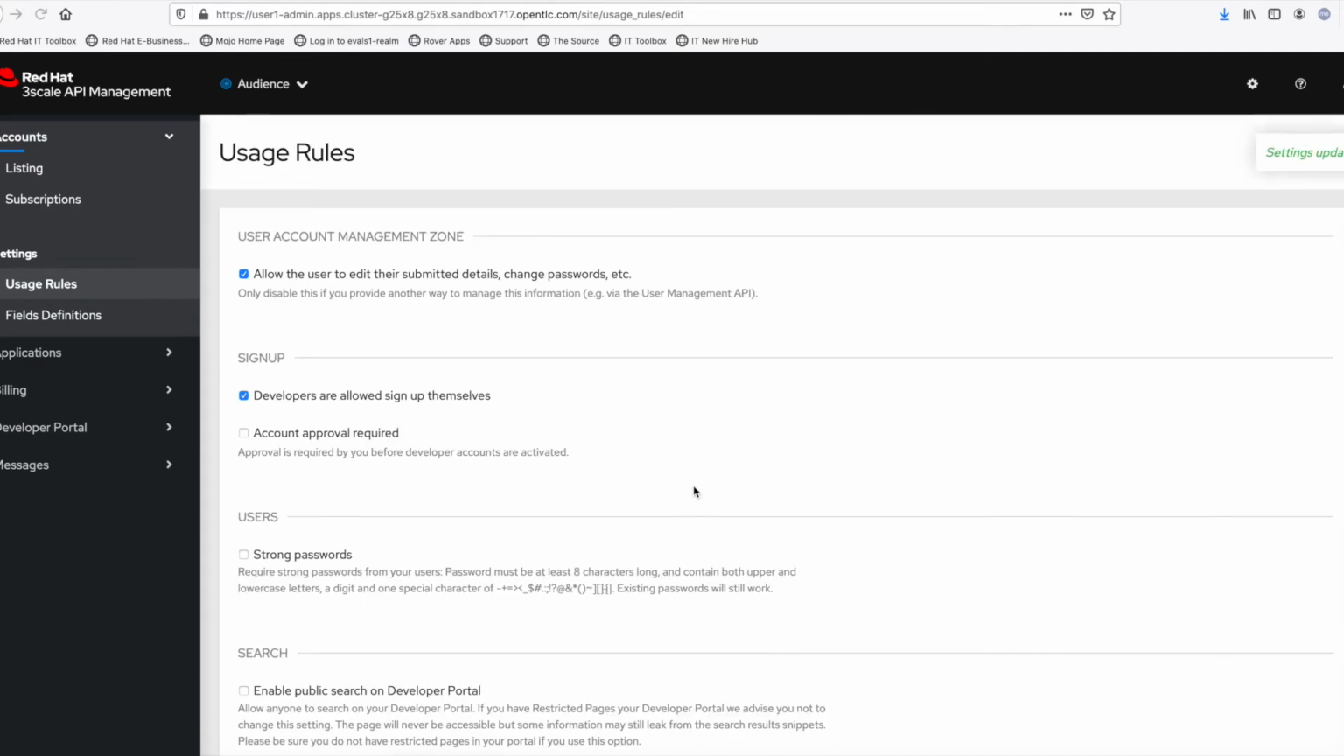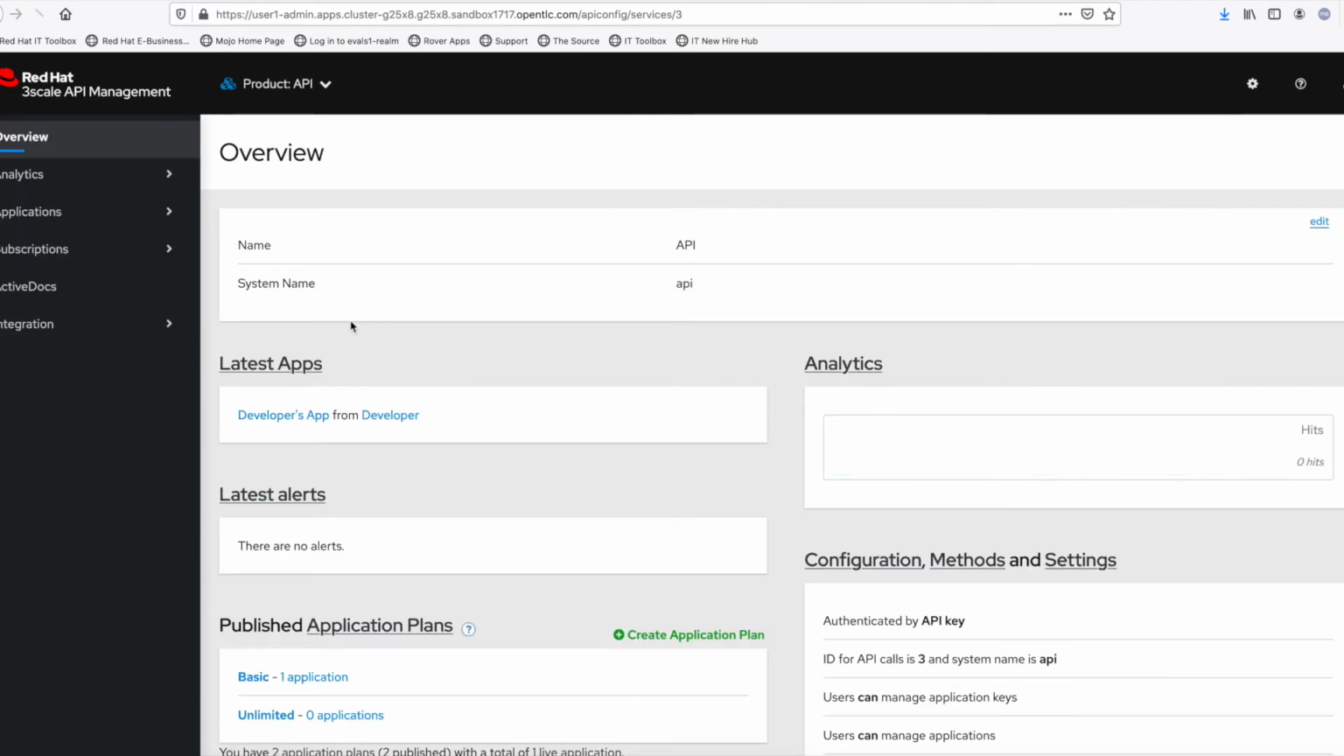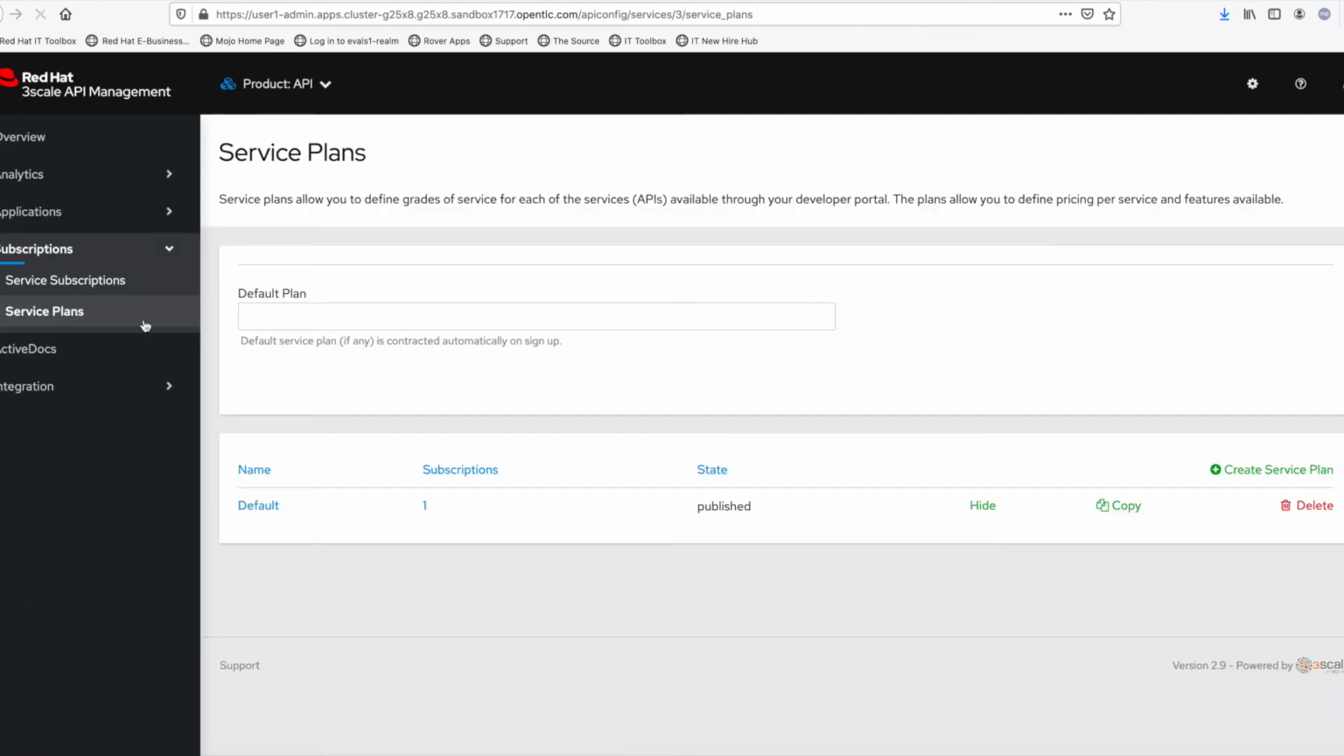So once I update the settings here, if I go back to my API, you could see that you have a new section here called subscriptions, and you could see my service plans here. And if you see my default service plan,